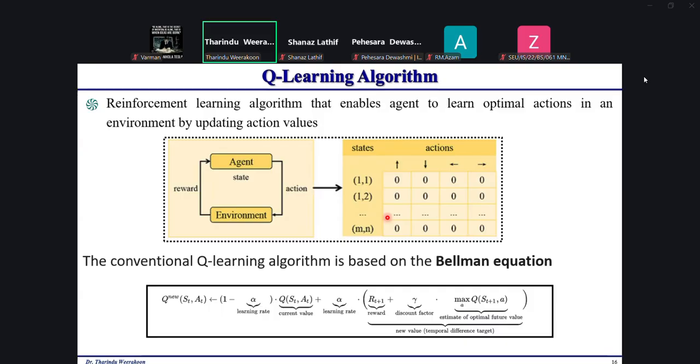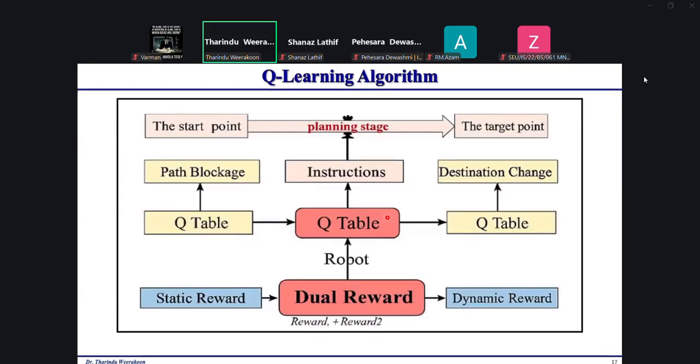If I go to this flow chart or block diagram representation, there we can see the dual reward technique. We tested this algorithm in our study last year, with static reward and dynamic reward, the dual rewards. The static reward is a constant and does not change during the task.